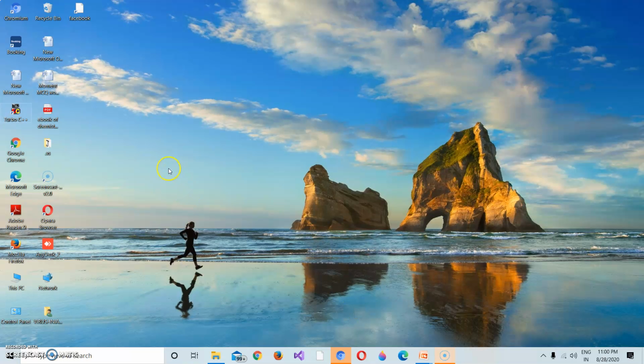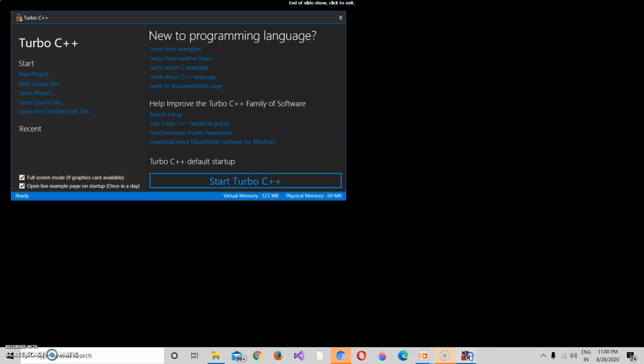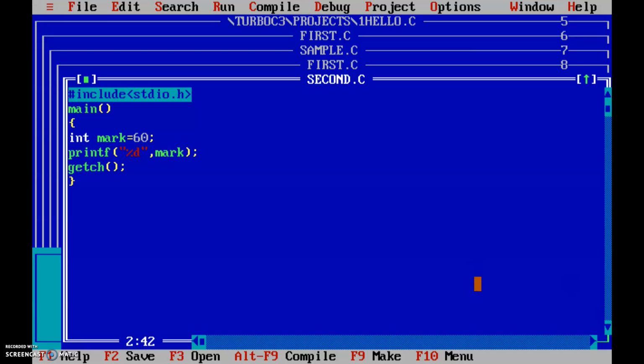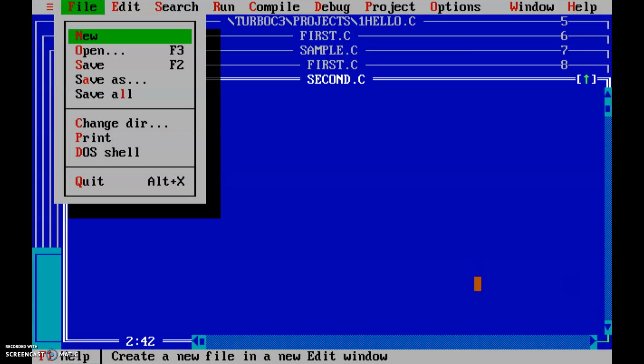Now let us practice some basic programs. Double click the Turbo C++ icon, and then click Start Turbo C++. Go to Alt F and then click New.